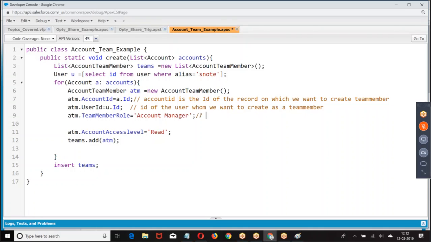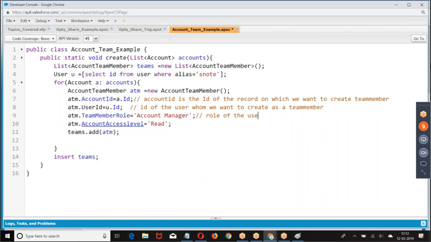Team member role of the user. What type of access you are giving? Make it insert. It is also what? Can I call it a DML operation? Creating a child record for account. Whenever an account is created, I want to create student as account team member.